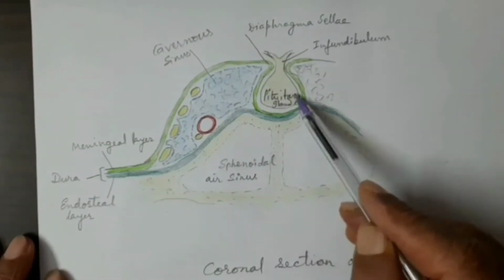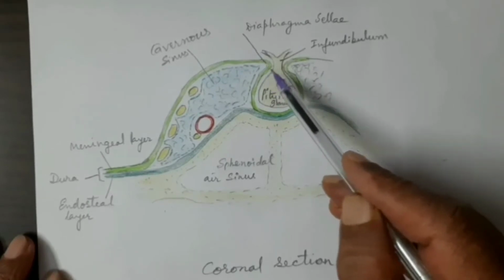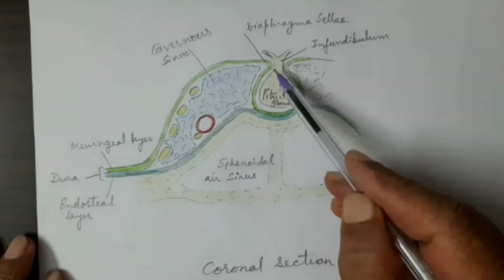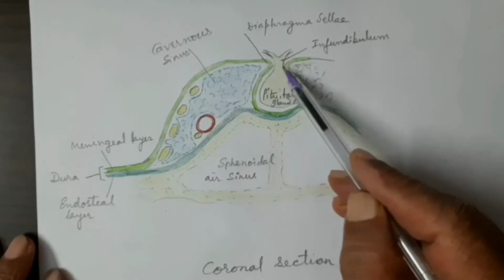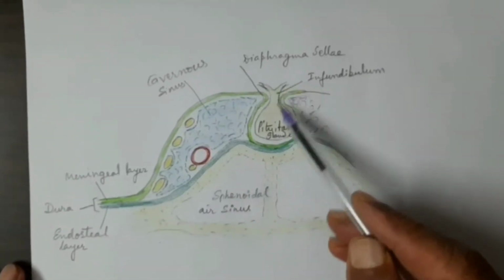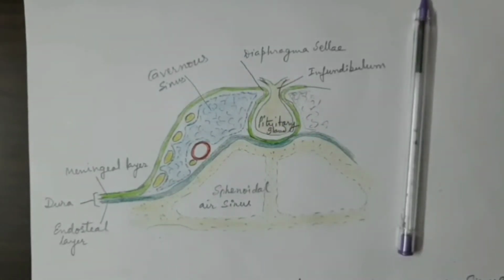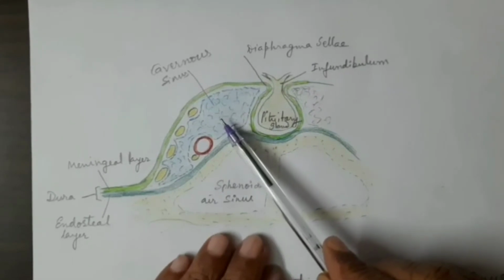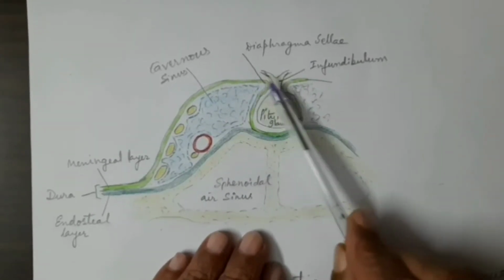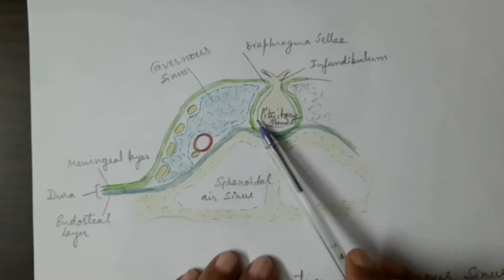I have just very roughly shown you the pituitary gland, which at the infundibulum goes out through the opening into the fold of dura mater, what is called the diaphragma sellae. So this pituitary gland is covered by the diaphragma sellae, the diaphragmatic fold of the dura mater, forming the roof of this pituitary fossa, and it will thus separate the right and left cavernous sinus. For example, this is the right cavernous sinus, this is the left. They are separated by this structure, that is the pituitary gland.